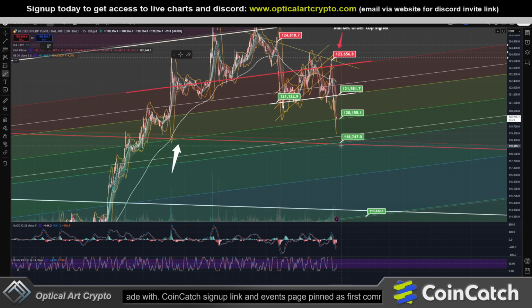So again, I would be long from this point, whether it's a hedge long, scalp long, whatever. Again, I'm holding my short because I do think eventually this will break, but this is a very strong support level. So as long as you're above it, or when we make contact, I would long it. But once that becomes resistance, it does look like,